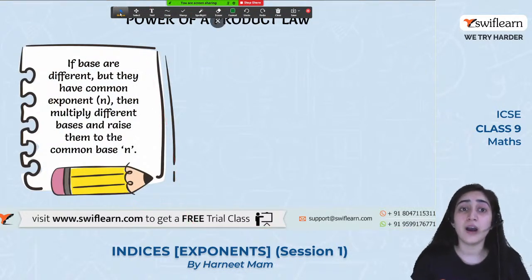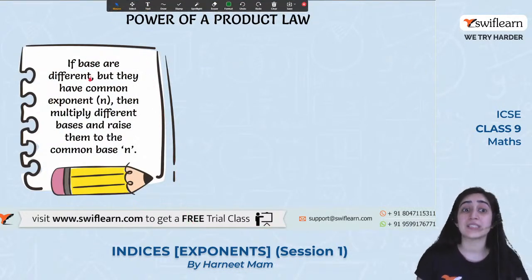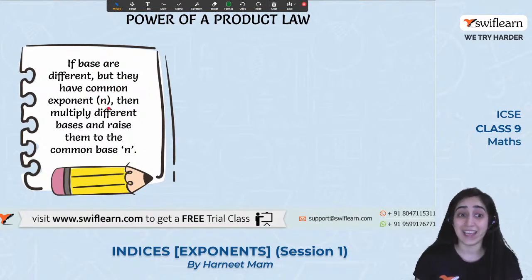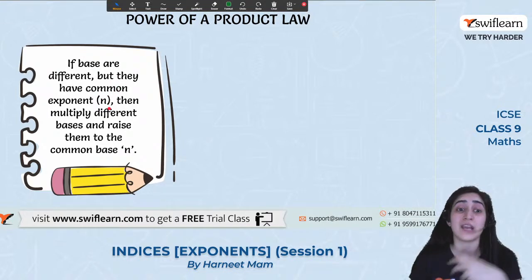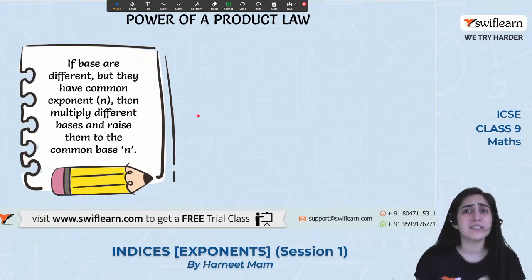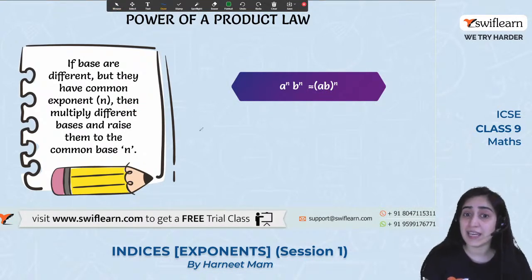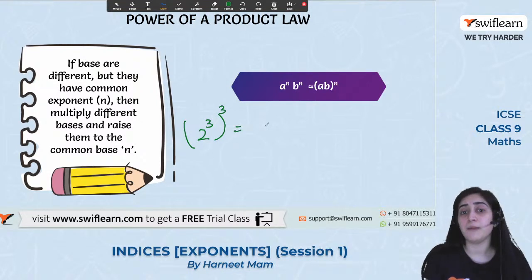So these are all the identities and the laws, and we are using these indices and we'll solve it. The power of the product law: if the bases are different but have the common power of the exponent as n, then we multiply the bases and raise them to the common power. अब इसका मतलब क्या है, पावर लॉ दो तरह के हैं। पहला हमने क्या करा, एक ही बेस है, उसके पावर के ऊपर पावर है,